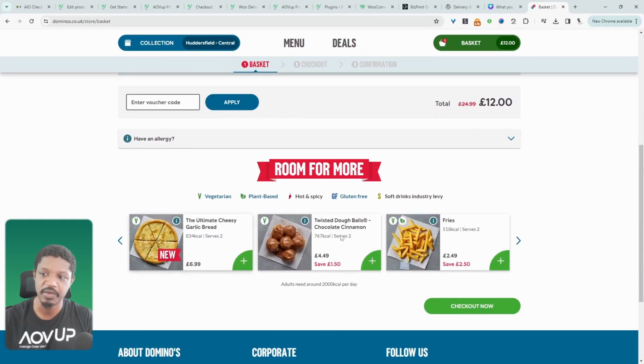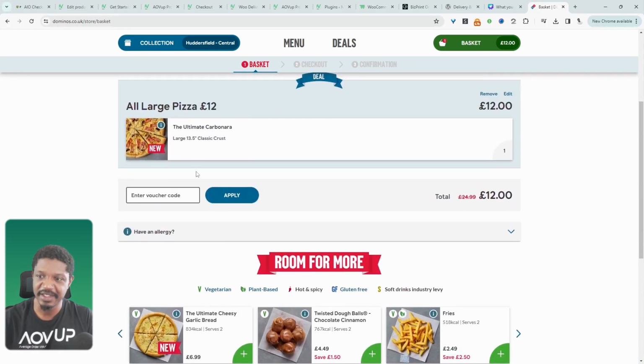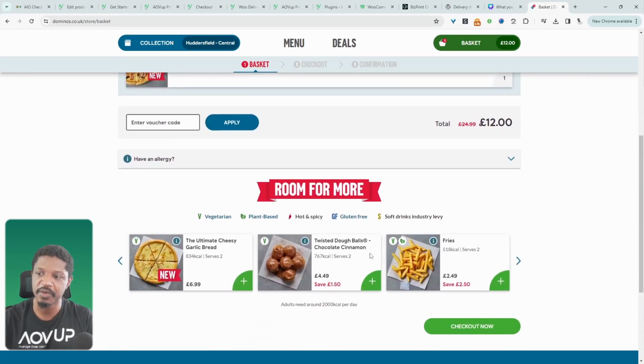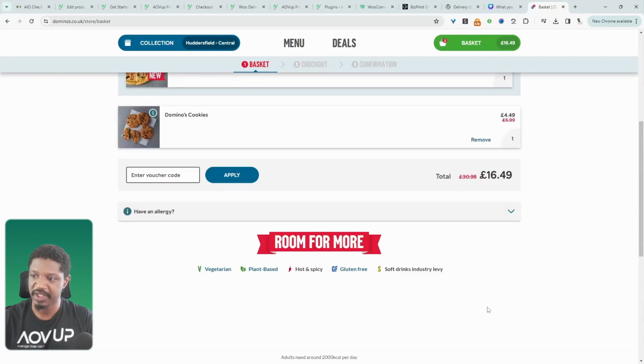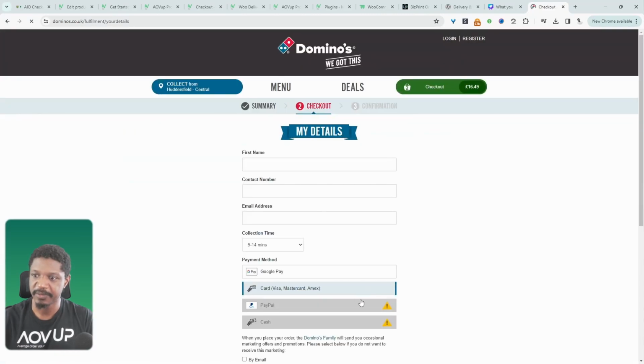Here we're being hit with numerous different cross-sells. Since the customer's got a pizza in the basket, it makes sense to try and tempt them with these other different snacks and desserts, right? So if I wanted, I can quickly add maybe a cookie to my basket. If we went to the checkout page, usually there's a pop-up which says, do you want to add extra sauce and so on, right? So essentially, we're going to try and replicate this type of functionality on our